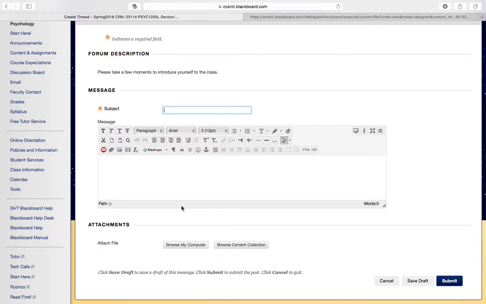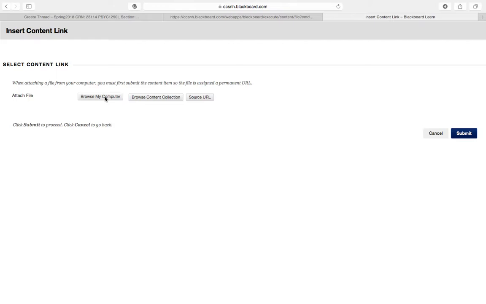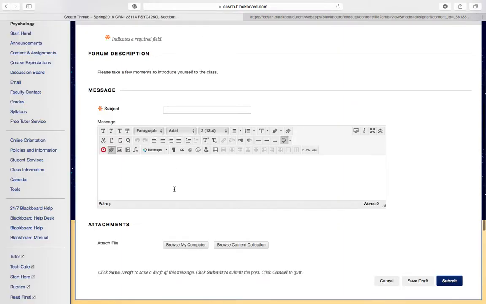That's definitely very important to do, because we'll be reviewing each other's work and posting it there. The only thing that really is required is that you could put something like assignment number 2, or even the topic that you chose. You click on this little paper clip here and you can insert a file. You find the file on your computer, so you'd go to browse my computer, and from there you find your paper. Once you do all that, you click submit, which we're not doing here.